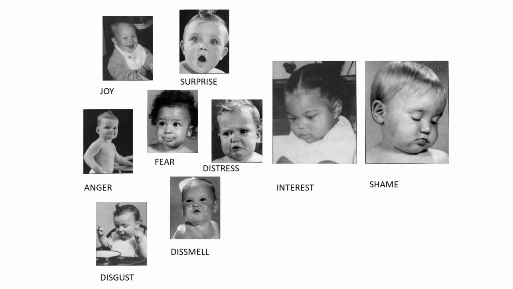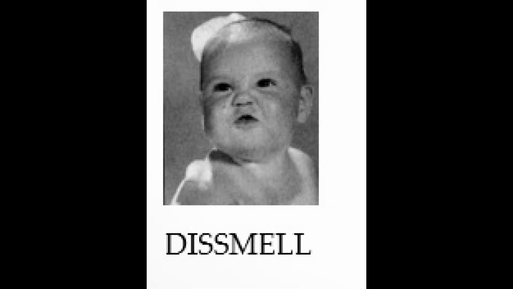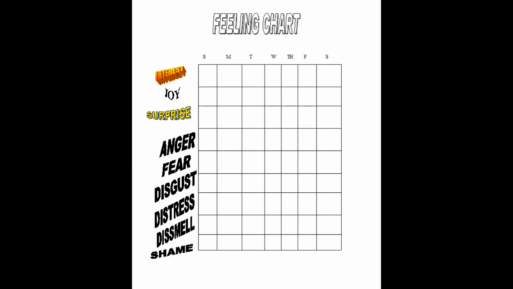We are all familiar with all of these except the smell. Study the picture and try to mimic it on your face. This is considered a very primitive reaction to the need to identify poisonous food. Unlike disgust, where we take something in and then throw it out, the smell is a signal to not get near the offending substance. In the next short video, I will say a bit about where all this material in this series comes from. Things to note about the list of feelings.